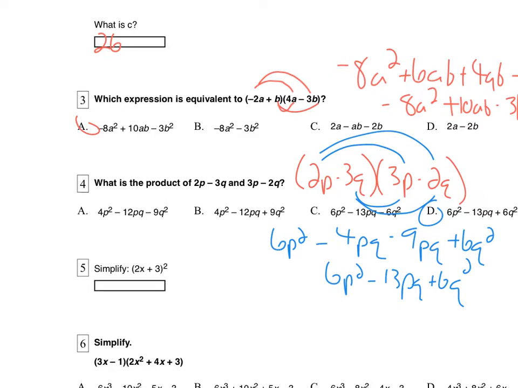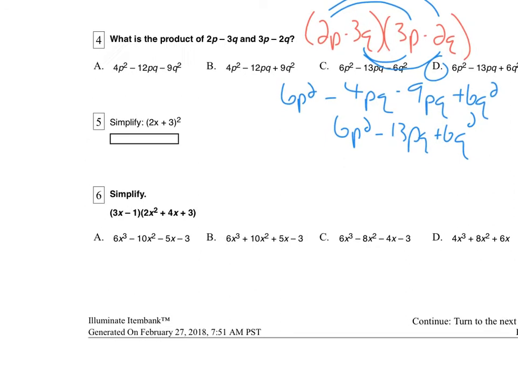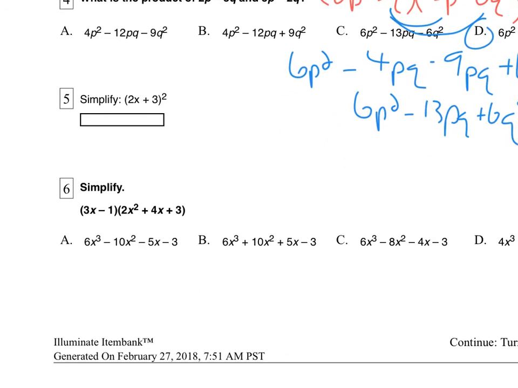Alright, 5. This is a good common one that students will make mistakes on. What they'll initially want to do is they just distribute this square in, and they get 4x squared plus 9, but that is not what that means. What that means is you need to write that out as 2x plus 3 multiplied by 2x plus 3,